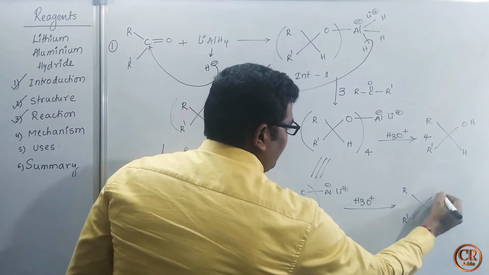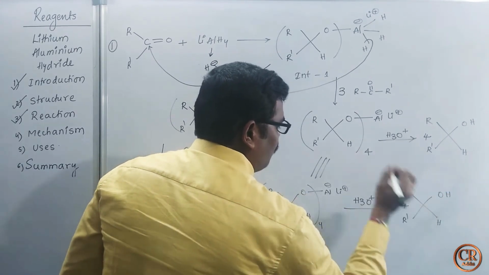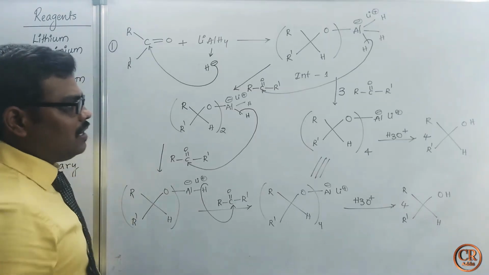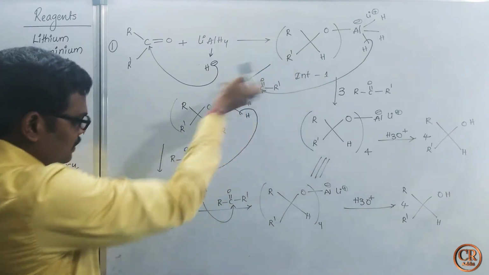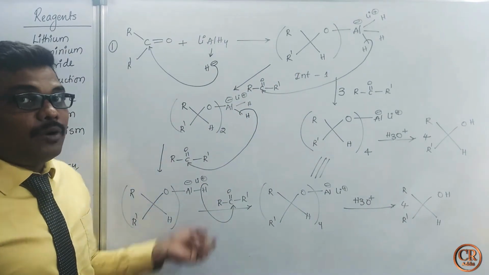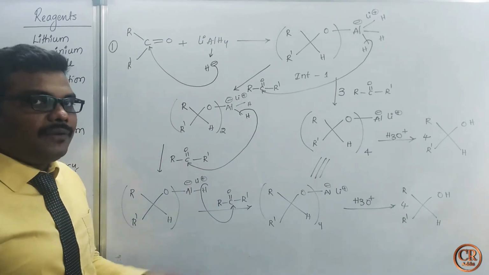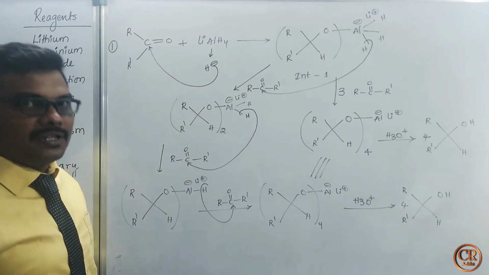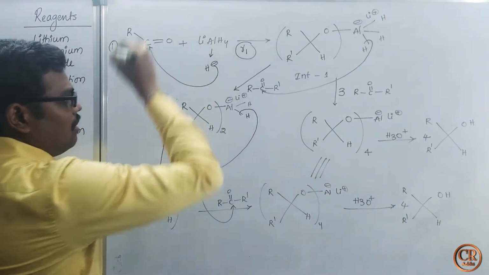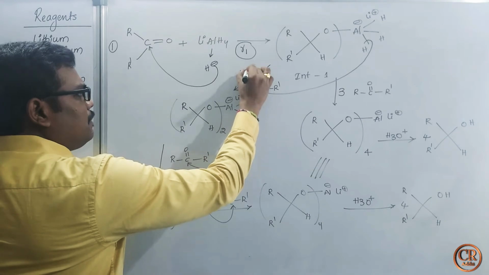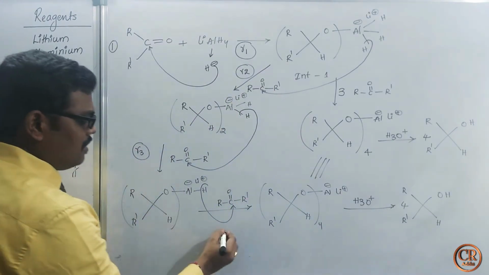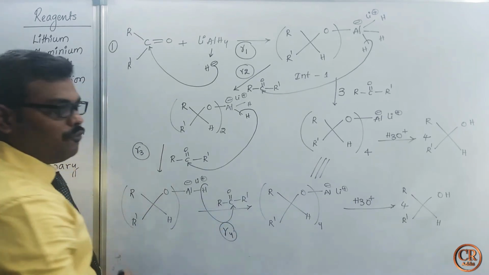The reduced product is alcohol. Here 4 moles of reduced product are formed. Here my intention is to write this step as 3 different steps to explain one important point, that is about the rate of different steps. Whether the rate increases or decreases, we'll see. Let the rate of this step be R1, the rate of this step R2, the rate of this step R3, and the rate of this step R4.